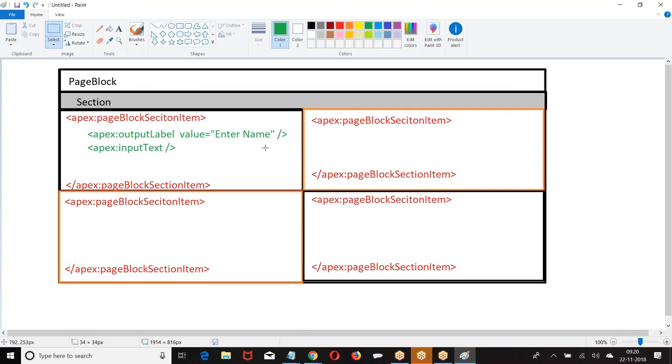How many elements can we create within the page block section item? Two elements.